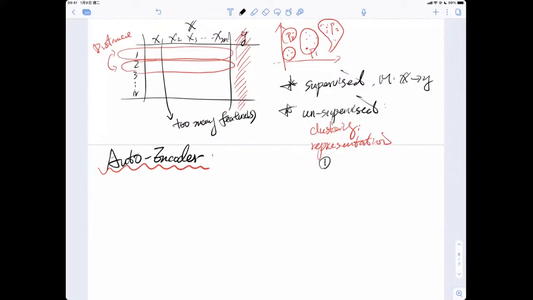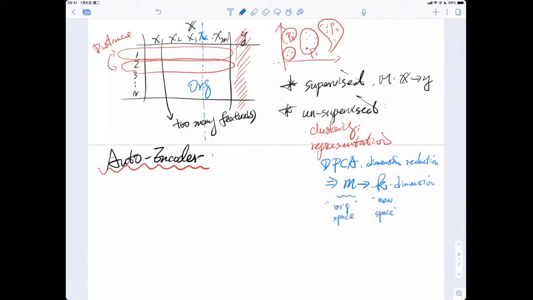So here is how we do such analysis. One way, we have taught you how to do this by using PCA, principal component analysis. We do dimension reduction. What does that mean? Here we have the original space. It has m dimensions. After we do principal component analysis, we can shrink the dimension from m dimensions to another, for example, k dimensions. What is the mathematical tool we use? I have introduced before. We use eigenvector and eigenvalue. The original space has m dimensions, and the new space has only k dimensions. So that is called dimension reduction. We also call it latent